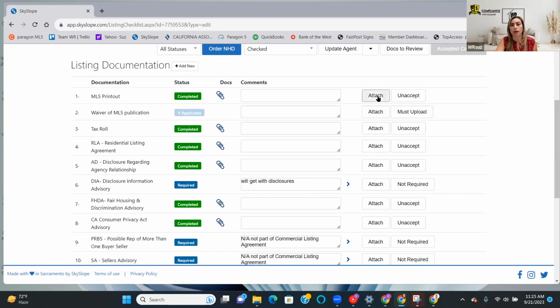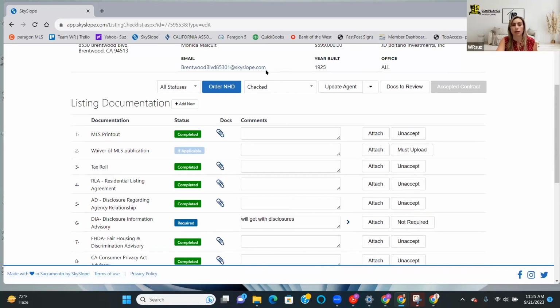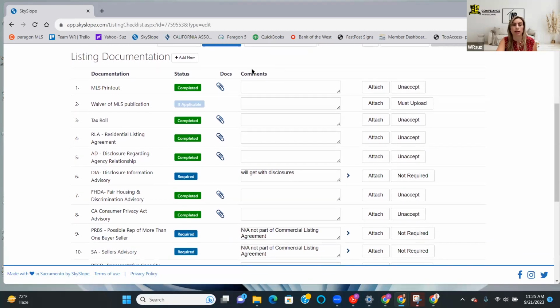Now, there's also a button that says attach. And I think on your end, this button is not there because I'm an administrator, so I'm able to review and unaccept or reject something, but you guys don't. So you have an attach button. If you click attach, you can pull this document from your desktop or from your computer if you have it saved somewhere, or you can email it in, and I'll show you how to attach it to this line item